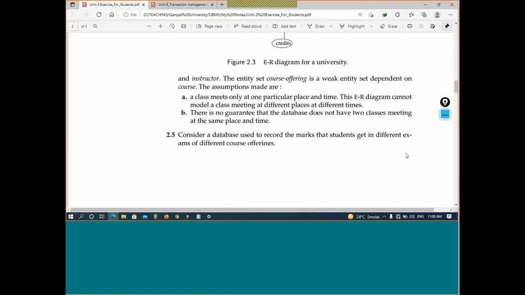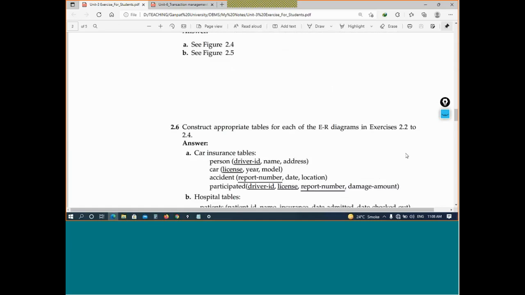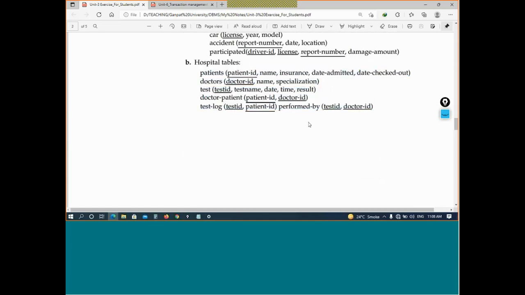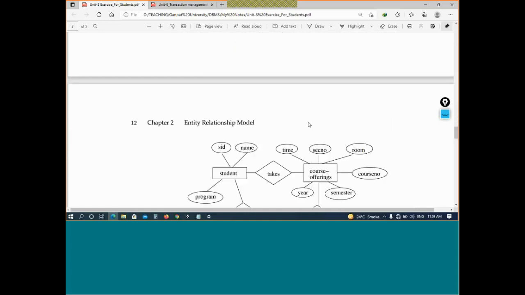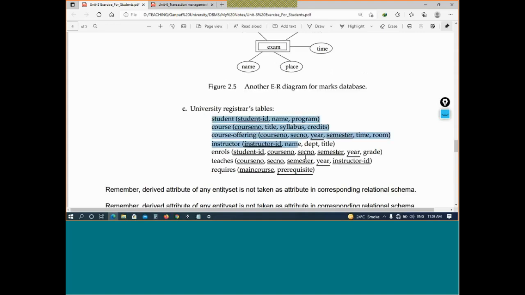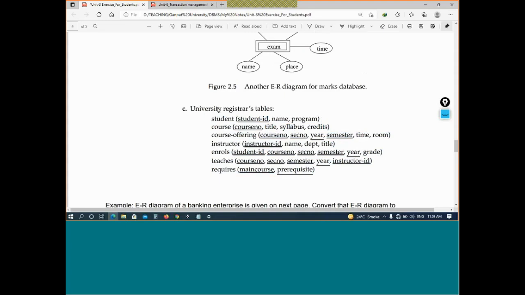The last example we will take, this is the answer we have given. This is the answer for the university. I will quickly tell you. We have created a table for the student, that is the entity set.